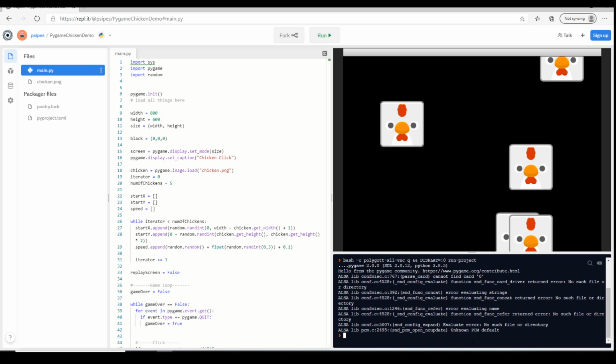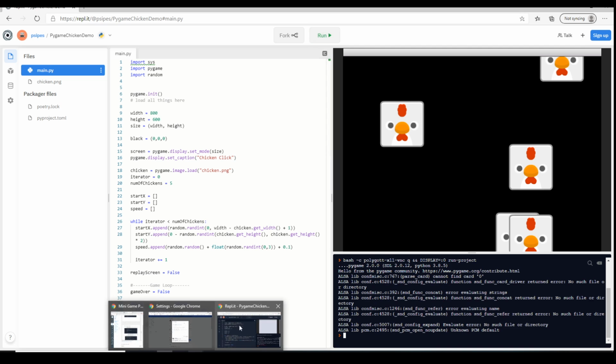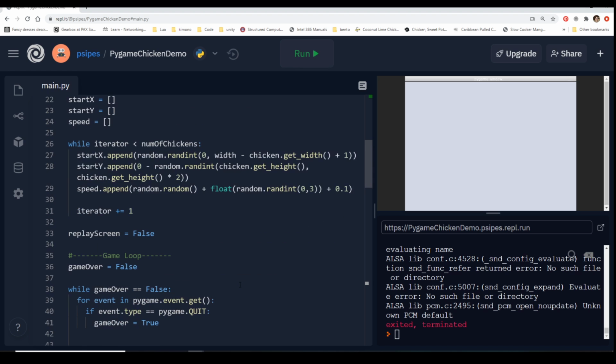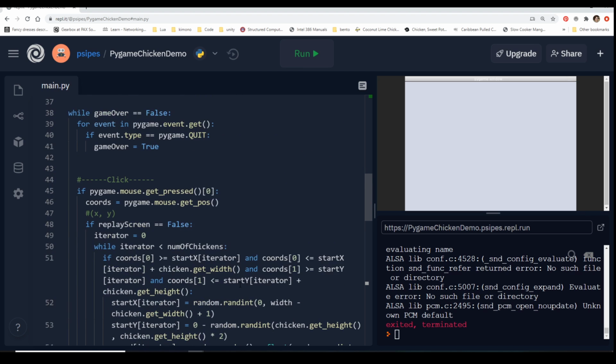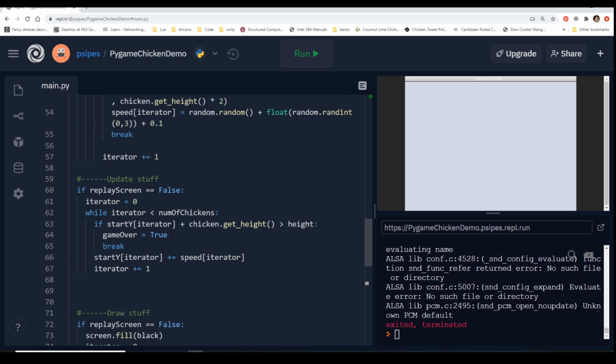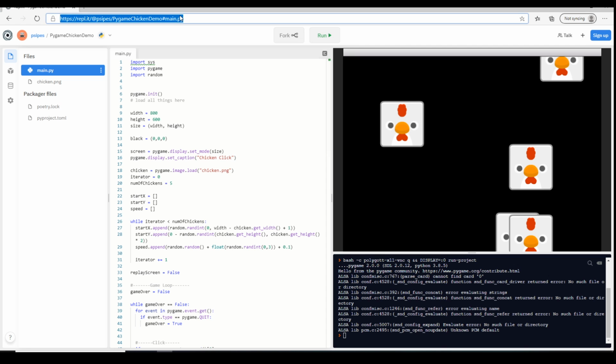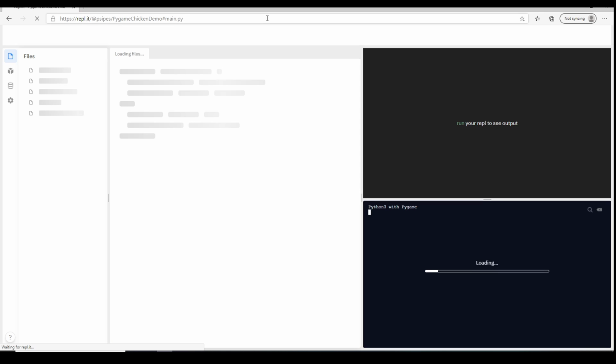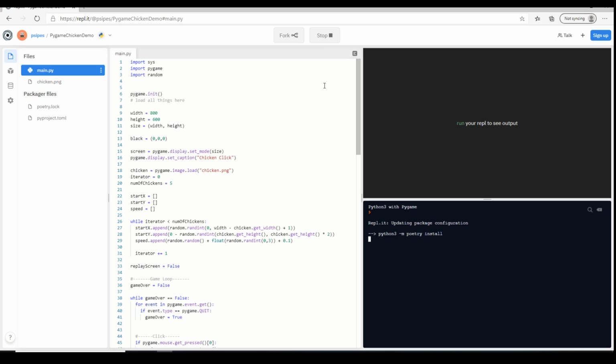Oh, we actually get an error. Maybe? Oh no, we don't get an error. We never told it to actually change over to game over to here. We don't want it to be game over equals true because that just exits out the game. What we want it to be is replay screen equals true. So now if we run it and let it do its thing,